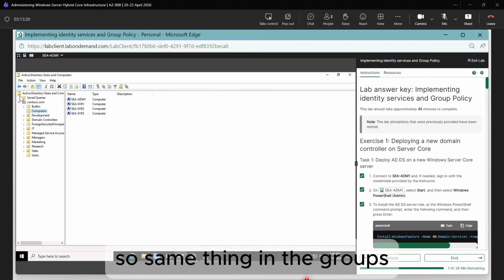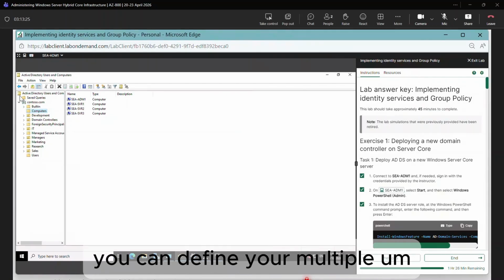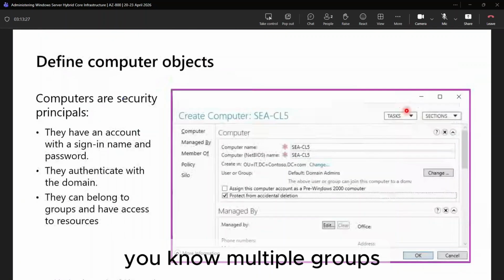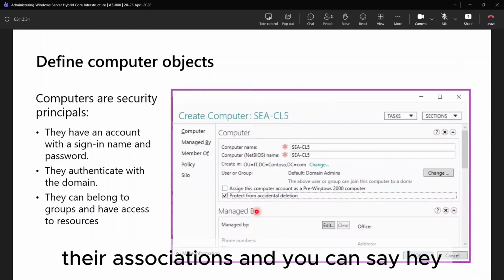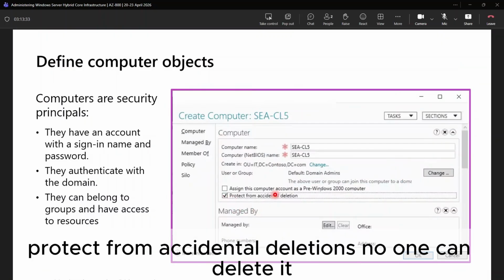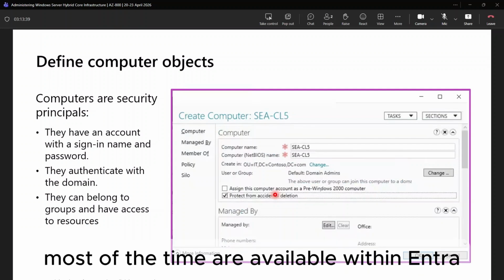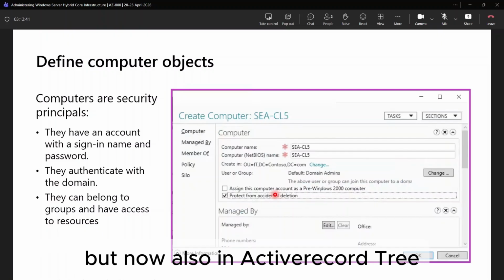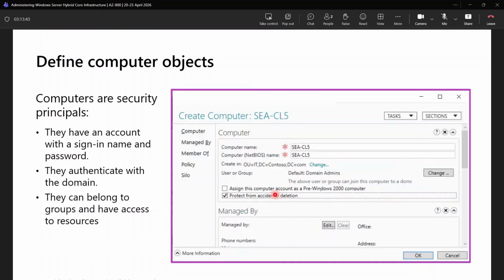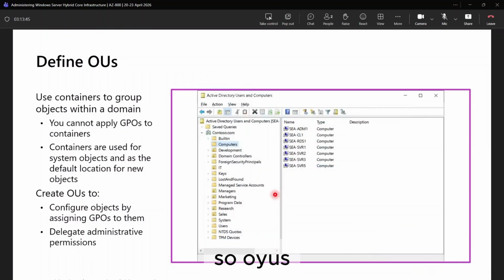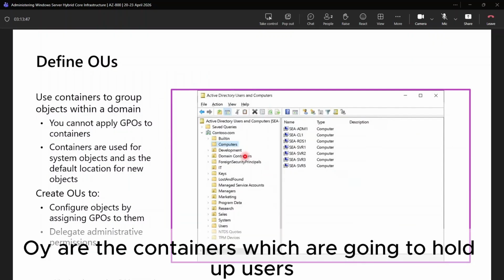Same thing in the groups, you can define your multiple accounts, multiple groups, their associations, and you can say, hey, protect from accidental deletions. No one can delete it. So these options most of the time are available within Entra, but now also in Active Directory. So OUs are the containers which are going to hold users,